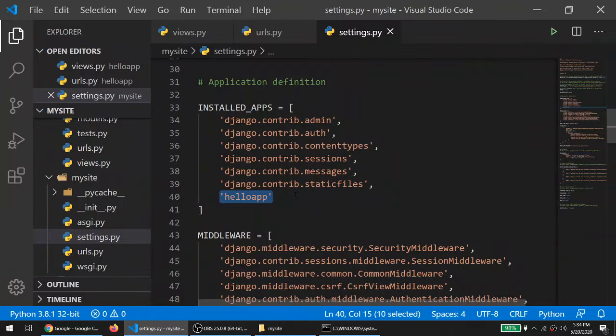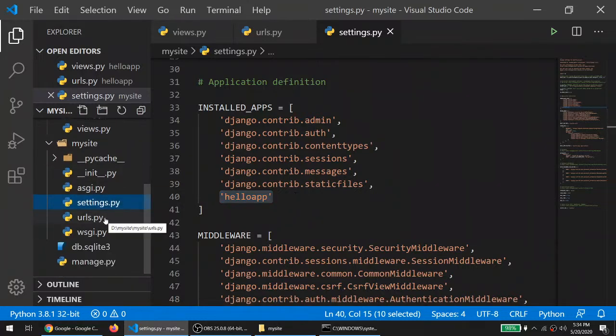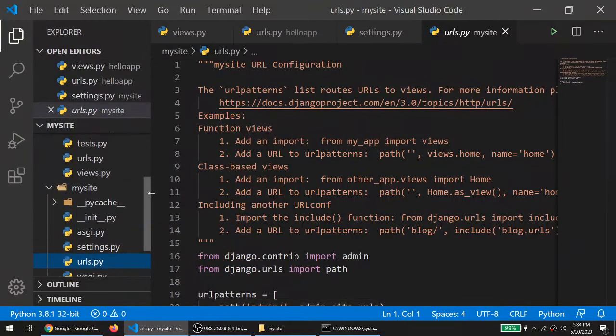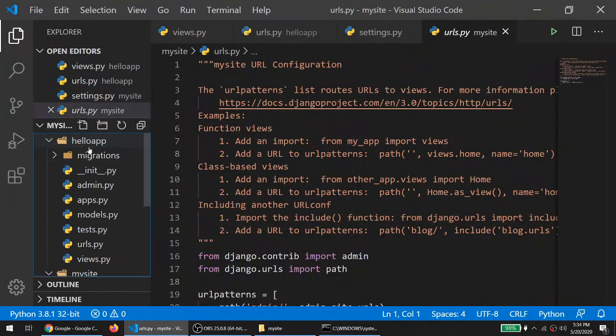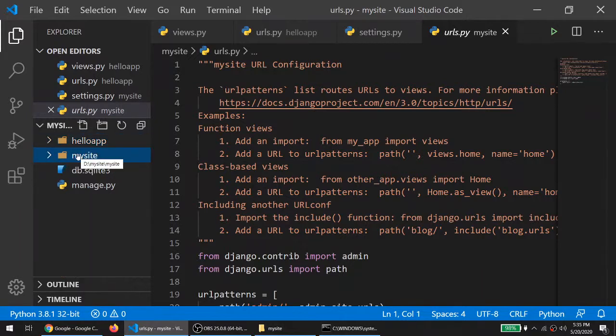Okay, so now next you have to specify your URL over here. See, we have two different urls.py files. One is for our project and the second one is for our application. One more time, let me give you a brief introduction about the application. One project may have multiple applications like hello_app, hello_app2, hello_app3, right?